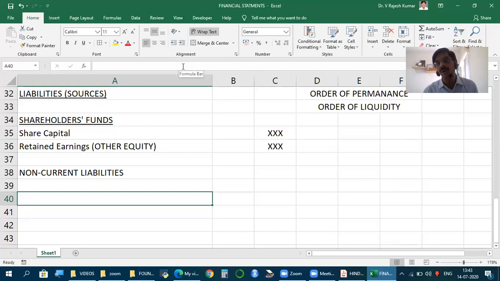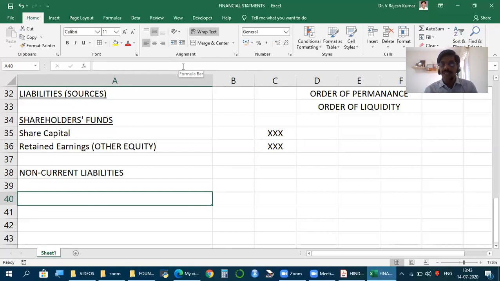Now the question is, what is long term? Friends, earlier, anything beyond one accounting period was long term, within one accounting period was short term. But with Ind AS 1, you have seen, to identify something as long term or short term, we identify the operating cycle. What is the operating cycle? You have an idea. It is the time for cash to come back in the form of cash. That is the criterion now to identify whether an item, asset or liability, is long term or short term.